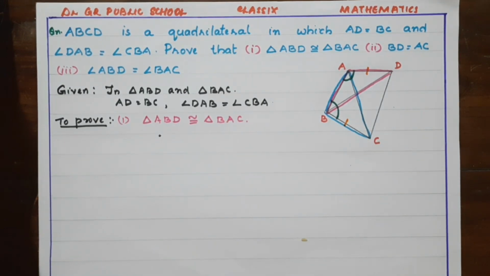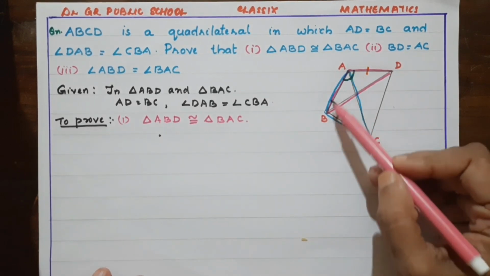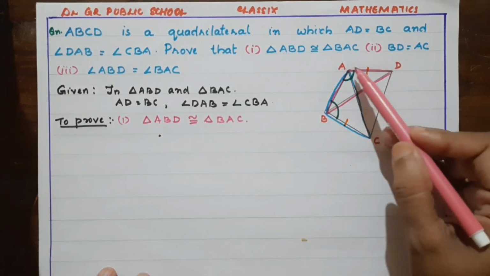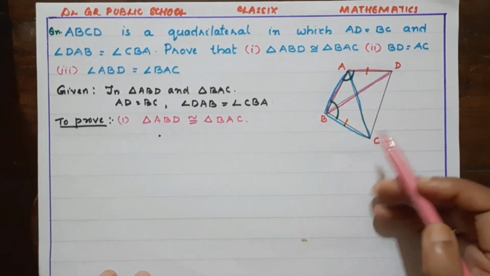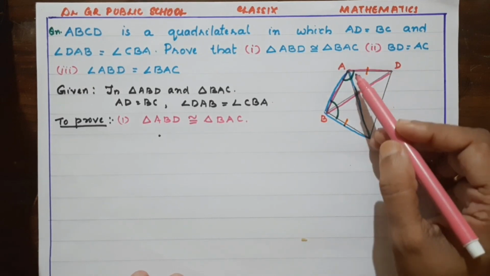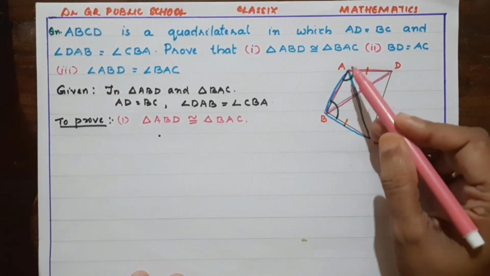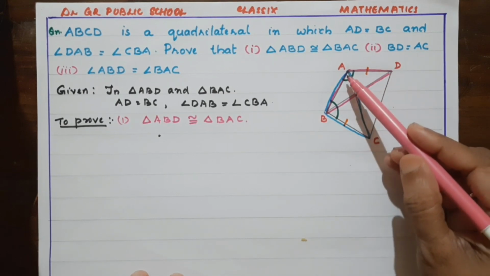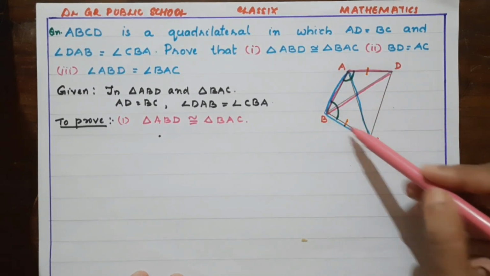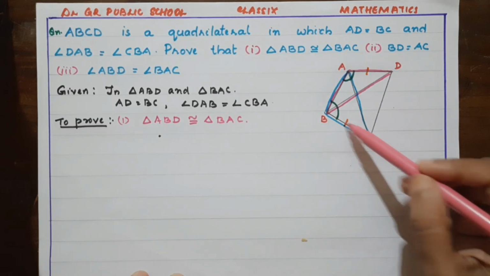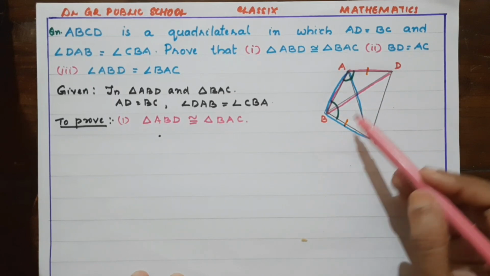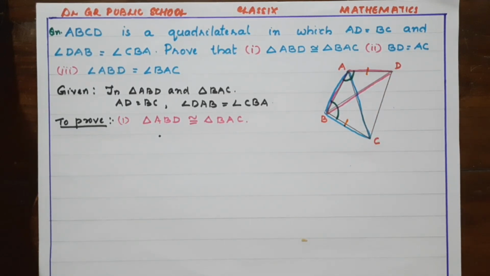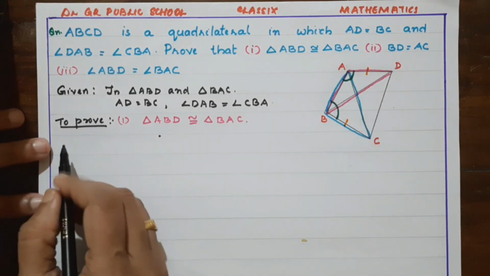Okay, now we should have three equalities from these two triangles. So, consider these triangles, ABD and BAC. Can you see equal sides? See, this is the first triangle ABD. From there we have AD, and from the second triangle, this blue one, we have BC. So, AD from the first triangle and BC from the second triangle are equal. Okay, so we got one equality from these two triangles.